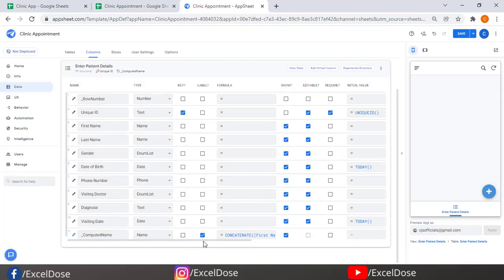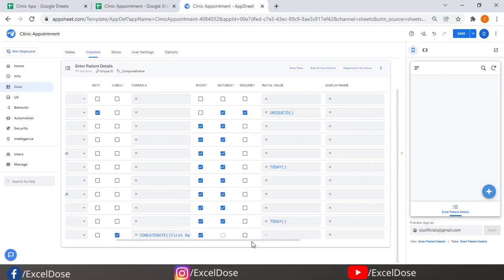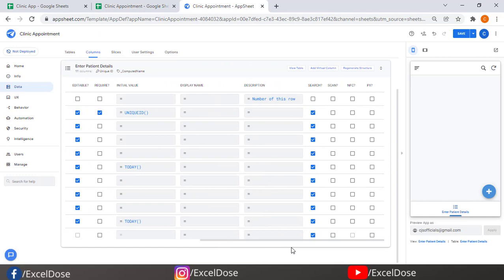So now let's scroll right hand side. If you want to make changes to this one, like if you want to show unique ID, you can click on this one, otherwise you can uncheck it also. Now let's scroll right hand side again. For the search, we have to search based on the phone number, because name could be the same across multiple entries, right?